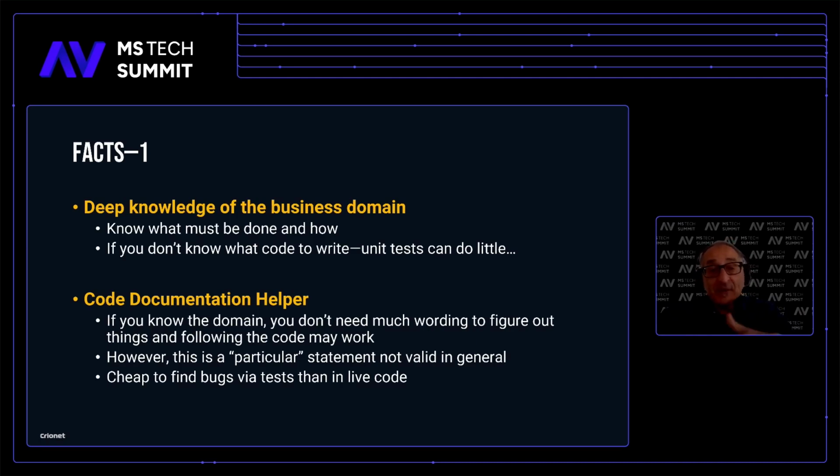Documentation helper. If you know the domain, you see how a small piece of code should be written. So again, unit tests are something extra on top, but it's obvious to you or your peers if the code is written correctly or not. Bugs. In our scenario, we must put a lot more attention on the level of acceptance, the impact on users, than on the code.